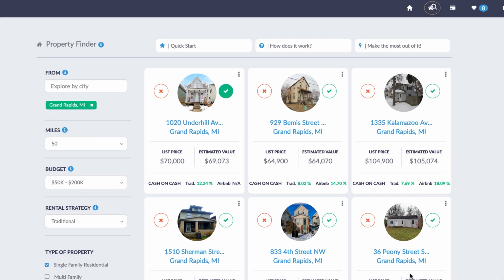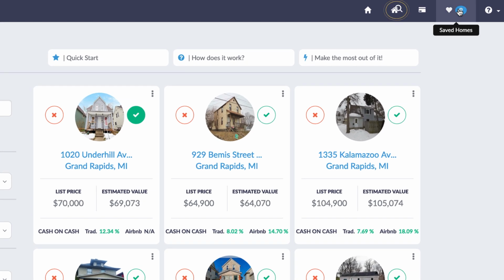And as it implies up here, when it saves it to your list of saved properties, you can keep tabs on that and follow up and make offers on those properties if you want to. Keeping in mind, you don't have to offer what these list prices are. You can make whatever kind of offer you want. And obviously, the lower your offer goes, the higher this cash-on-cash number is going to get. So that's just another thing to keep in mind.